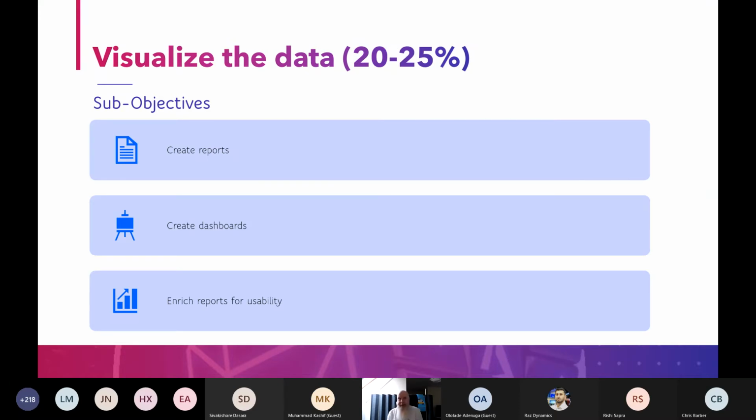Visualize the data. This is where we've built our data, ingested our data, built our data set, built our model, and created all our measures, and now we get into the practicalities of building reports. So reports are essentially easy, aren't they? I just pick some data, pick my visualization, and I'm done. Now, all of you know, if you've done anything seriously, there's a lot more to it. Anybody can build a visualization and create a report really easily.